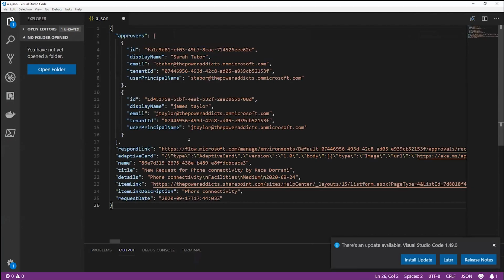Now, what is this? This is a JSON, once again, right? All the skills that we applied earlier in understanding how we can traverse through JSON, now we can use to understand this. If I need to know how many approvers were a part of the process, very easy. Just get this node. This will tell me how many approvers were a part of the process. Perform a length operation on this. There are two objects. If I want to know about Sarah, all that information is available right here. The adaptive card is also right here, right? The properties are available for you.